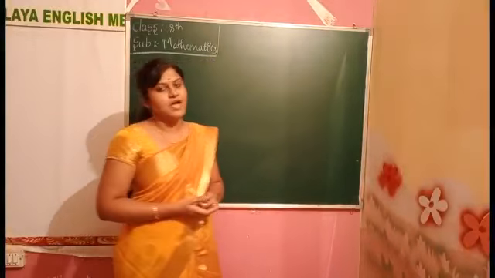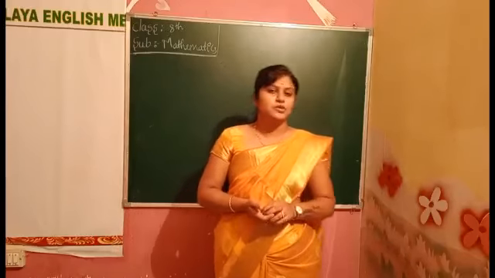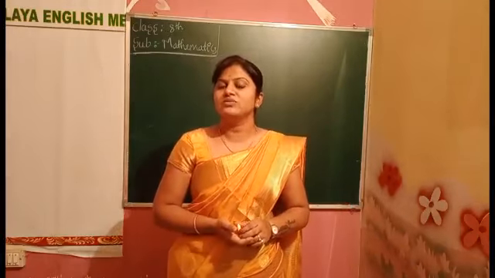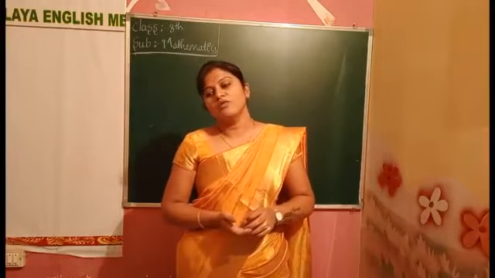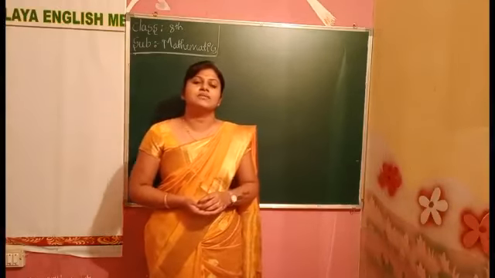Properties we have: closure property, commutative property, associative property, distributive property, zero property, and one property. We have all these properties. Yes, we studied all these things in the previous class. Now we'll move on to the next one, that is when we are using the rational numbers in the number